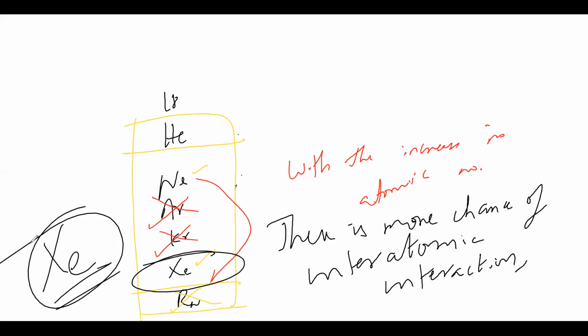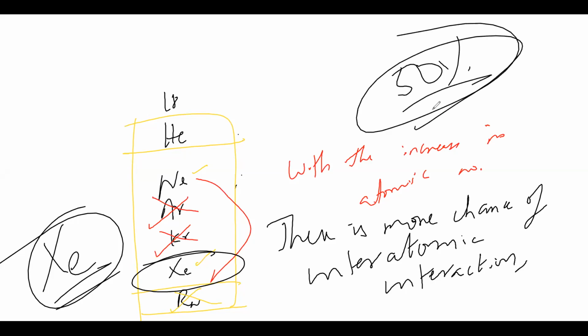Clear? So for this, we have to know the periodic table. And again, we are doing a process of elimination. Even if you get the two options, neon and xenon, you have a 50% chance of getting the answer correct. That's a huge percentage. And I'm sure that if you work hard, it will be converted to 100%. If we work hard, we will get the results, guys. But we have to sincerely pray and work very, very hard.